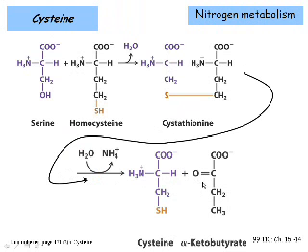Cysteine. So if you look at serine, it's a 3-carbon amino acid, and you look at cysteine, it's a 3-carbon amino acid. It shouldn't be too surprising that serine and cysteine are related for their synthesis, but they do it in kind of an odd way. Here we start with a serine molecule, and homocysteine is an amino acid that is not used for proteins, and it's the same as cysteine with an extra carbon in it. When you hear homo this in biochemical terms, it often means almost the same structure plus a carbon.